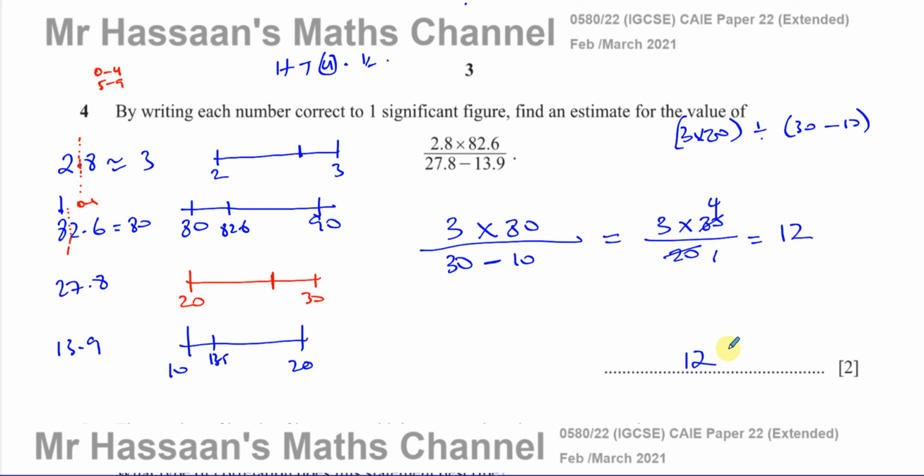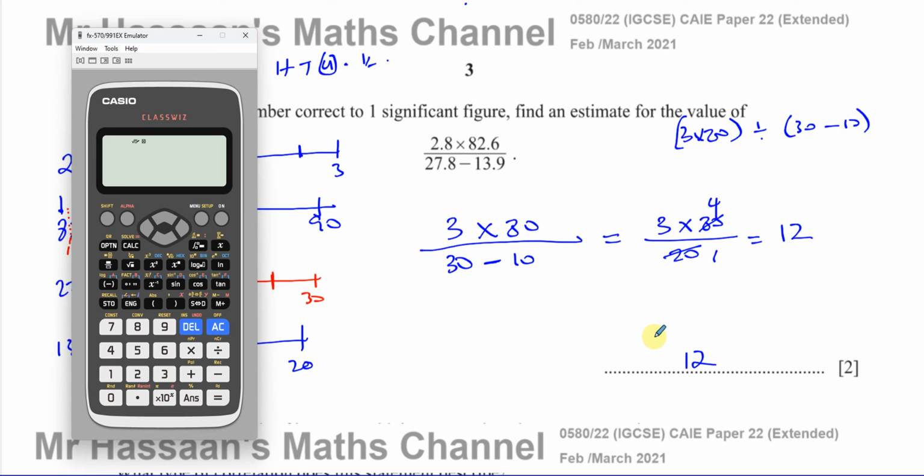Now if you were doing this exam at the time when you can use a calculator, then there's something you could do to make sure that you've got the right answer, or at least that you're on the right tracks. But if you're doing this when the calculator is no longer allowed, then this is one check that you can't really make. So 2.8 times 82.6 divided by 27.8 minus 13.9. The actual real value of this is